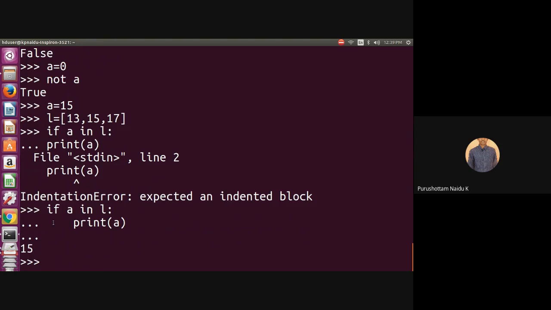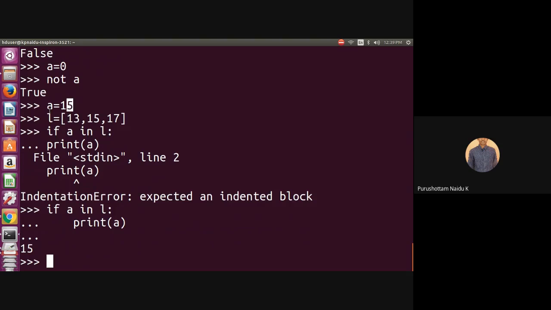Python does not have any blocks. Here I am creating variable a equal 15 and creating some list. If a in L, 15 in list L, it's true. That's why it prints variable a.